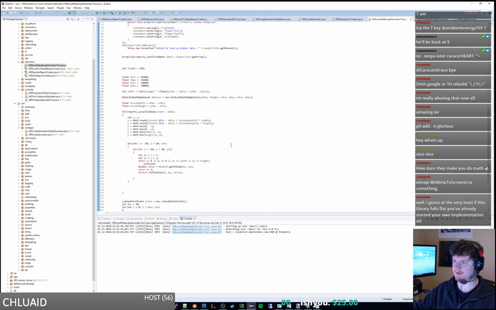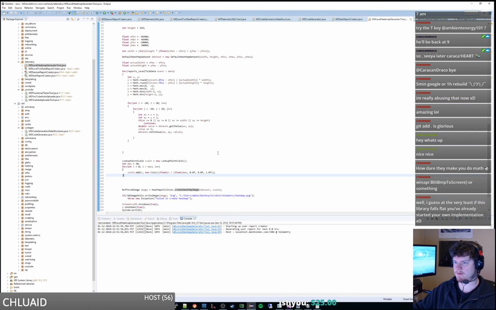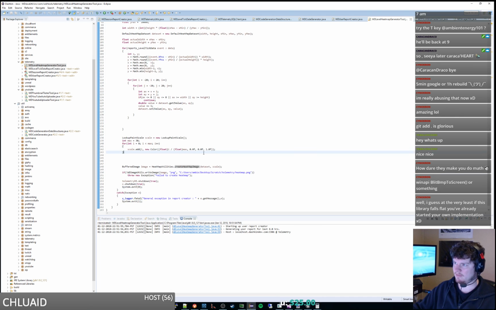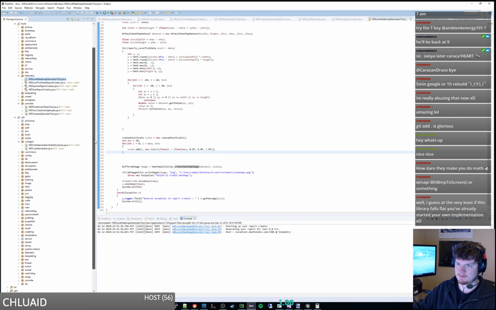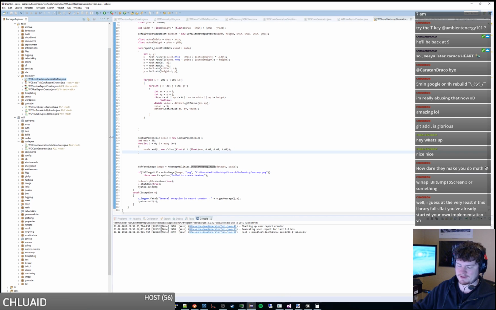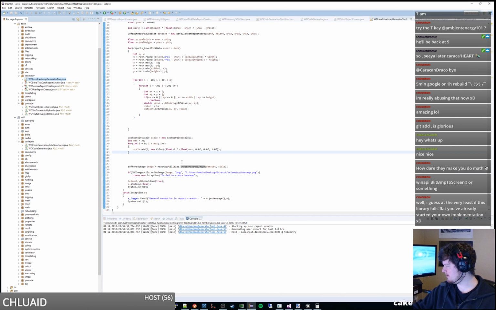I mean, at this point, I probably should just write my own thing because this is just stupid. Like, the crap just doesn't work. Like, if you're making a heat map chart library, you would imagine that it would have smooth gradients and